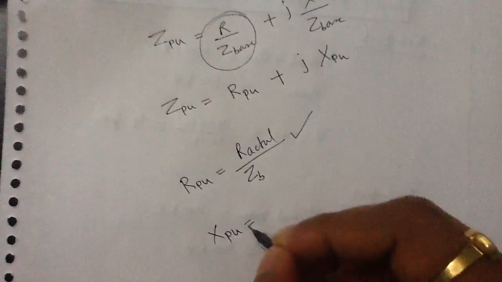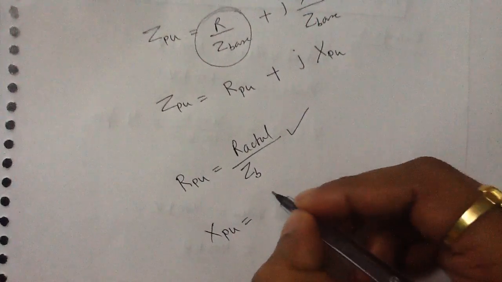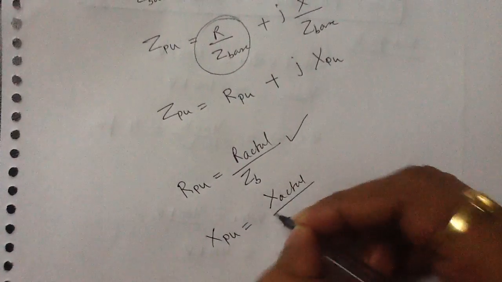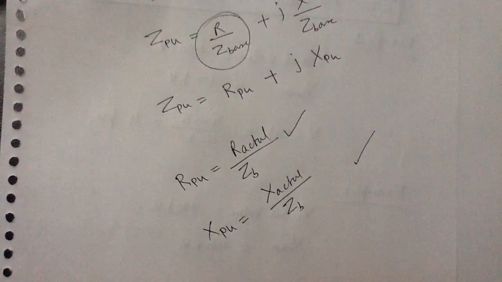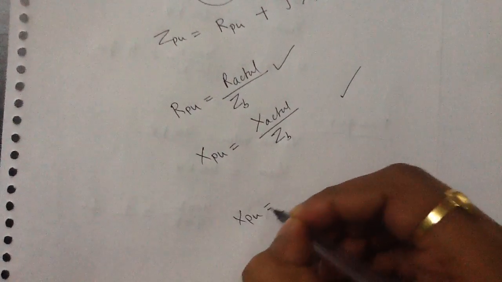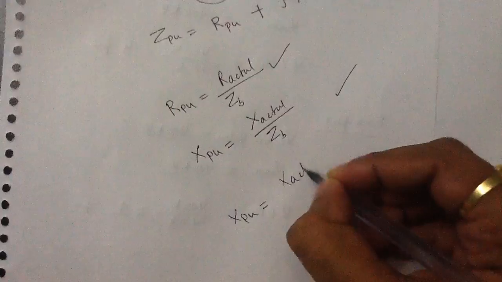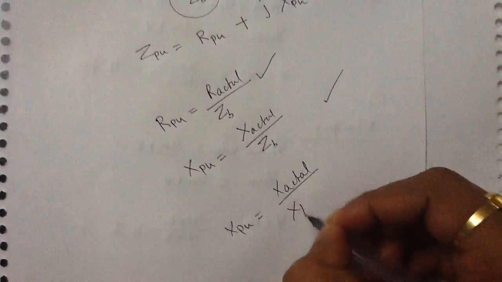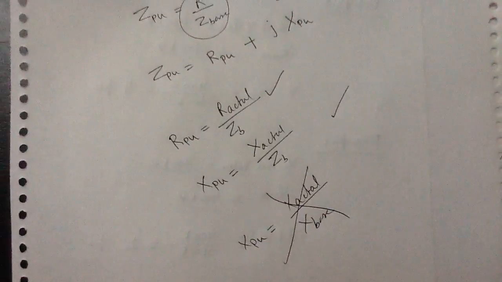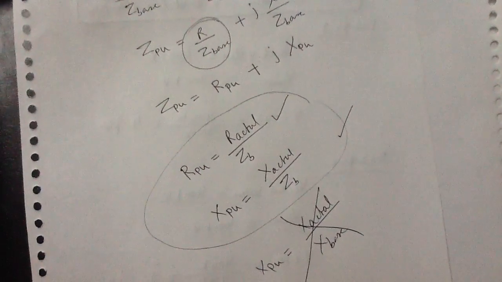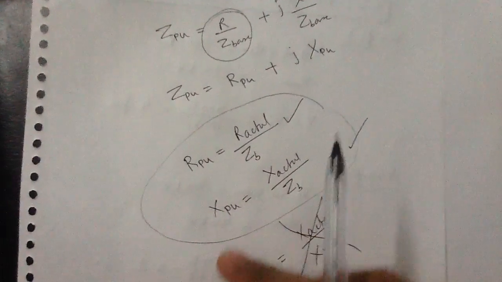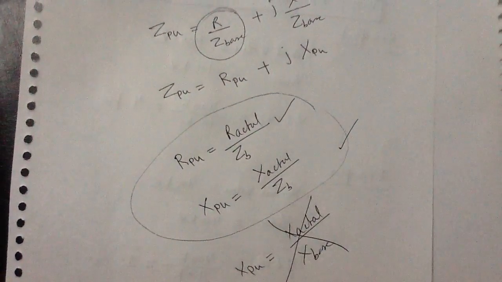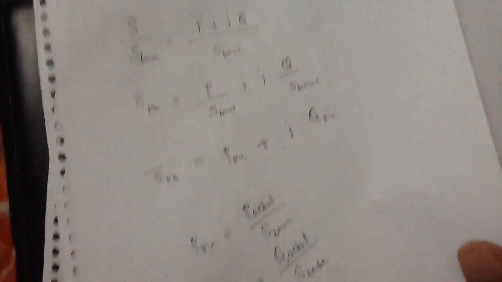And if you want to write the per unit value of the reactance, you have to write the actual value of the reactance divided by the base value of the impedance. Please do not write the per unit value of the reactance equals X actual divided by X base. It will be wrong. So first you have to learn all these things: R per unit equals R actual divided by Z base, and X per unit equals X actual divided by Z base, and the